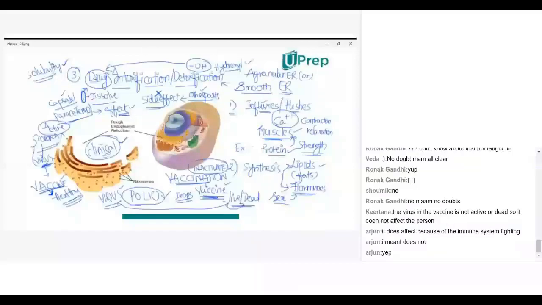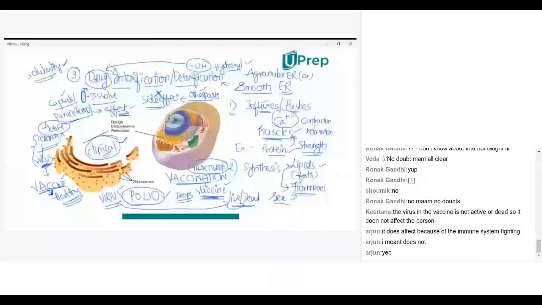So why are we talking about this whole vaccination concept? This is outside the main concept, but why we are discussing it is that it is related to the smooth endoplasmic reticulum. The drugs we are taking to kill the coronavirus may show some side effects on other parts of the body. Coronavirus basically affects the lungs, everybody knows this point. But other than the lungs, there are the liver, the intestine, everything. So the drugs which we use to treat corona shouldn't show any side effect on other parts.